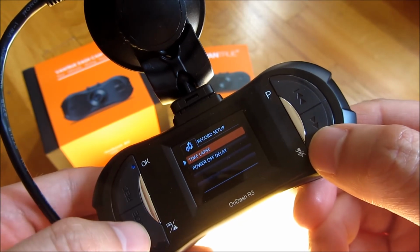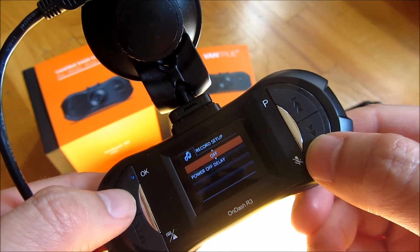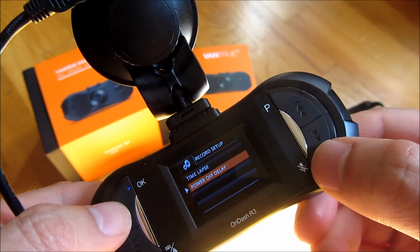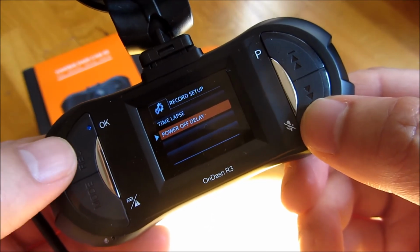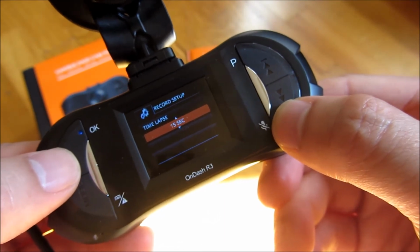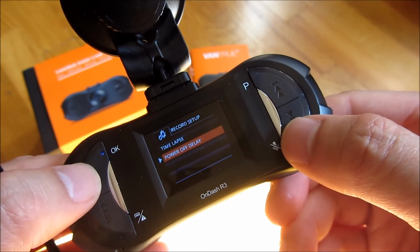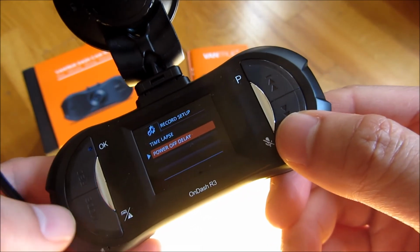And the next is time lapse. I just totally ignore that, but you could turn it on or off. I have it on at off. And delayed power off. So once the power is cut to it, basically when you get out of your car and you turn off the ignition, do you want it to record for 5 minutes, 15 minutes, 15 seconds? And I guess I'll have it on 15 seconds. But that's really it. That is the complete